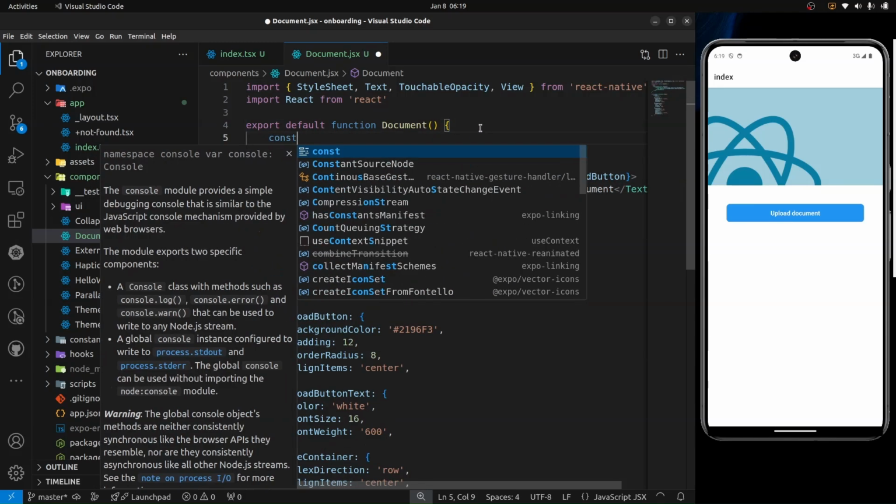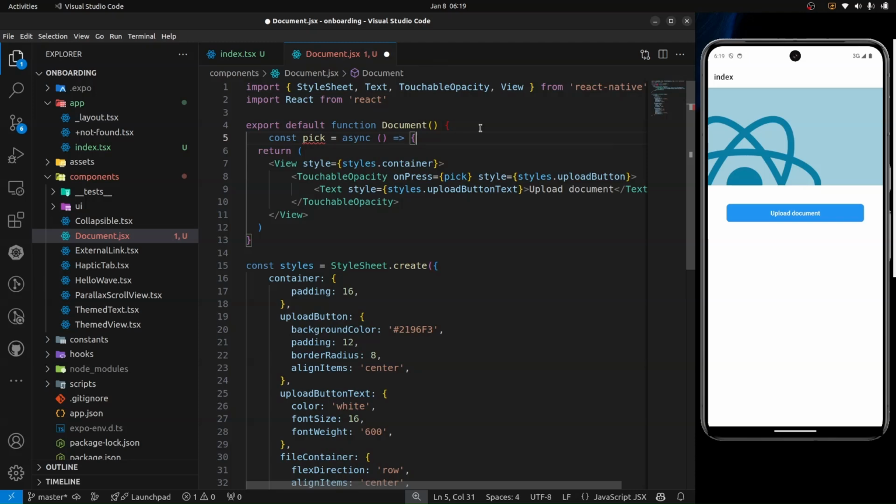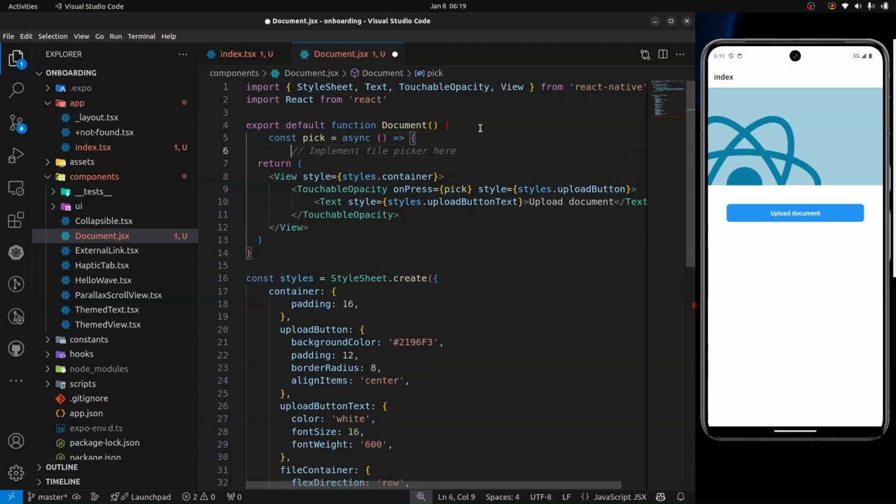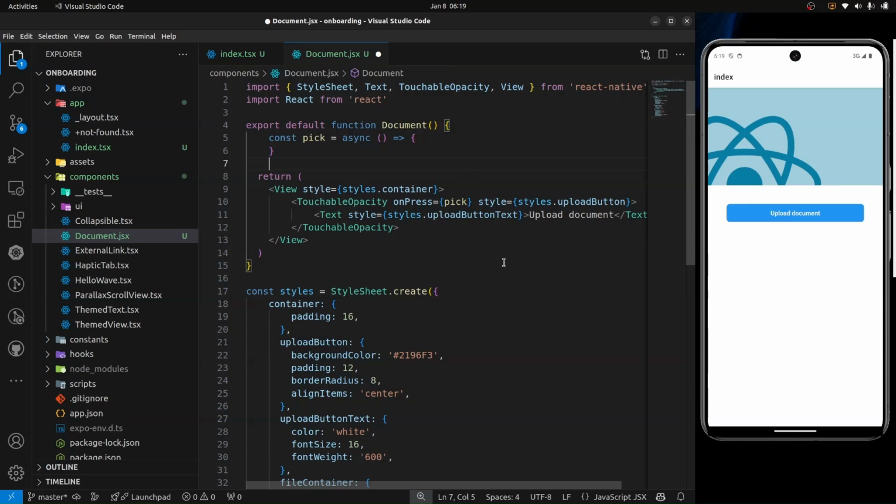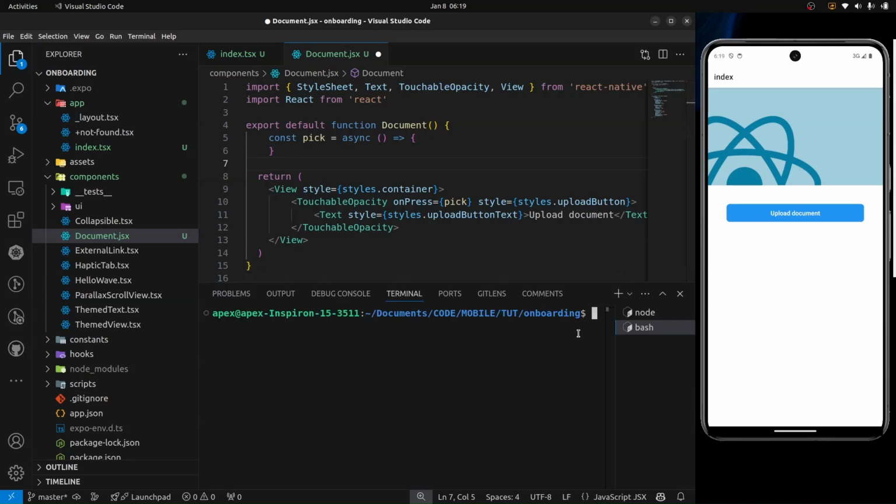And up here I'm just going to say const pick. It's an async function. So before continuing, we have to install the library that will help us to be able to access the document. I'm going to open my terminal by pressing Ctrl Shift and the tilde button to create a new terminal window, and in here I will run the command yarn add